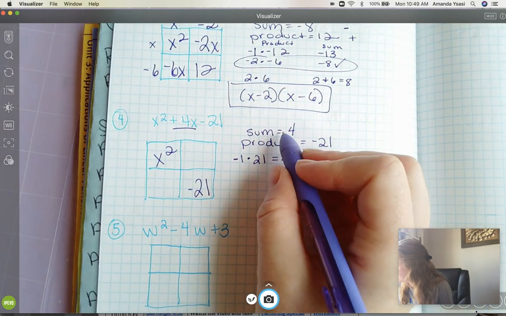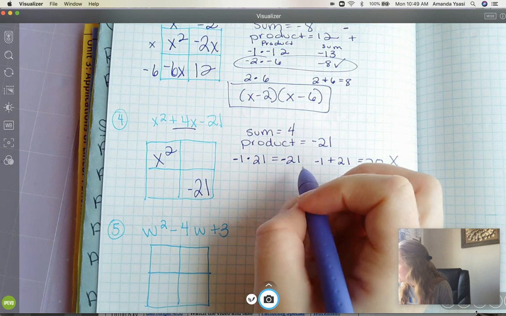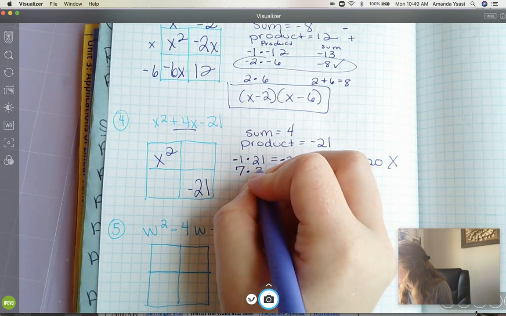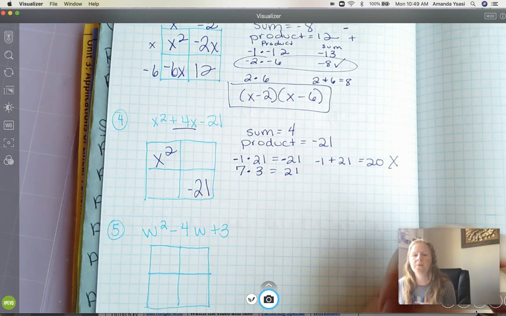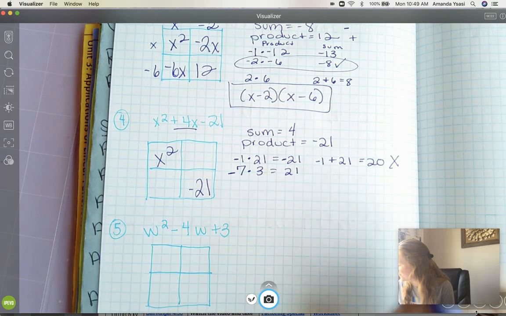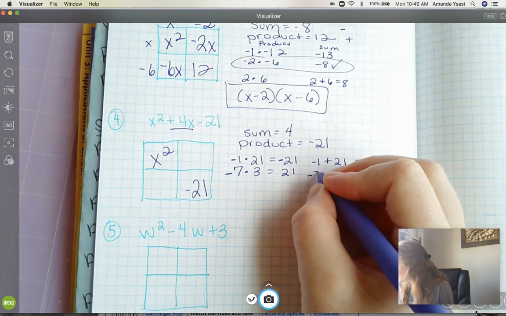And then let's see, another one. What about 7 and 3? So 7 times 3 gets 21. But remember, we want one that's negative to get this -21. So it's negative. Now let's do -7 plus,